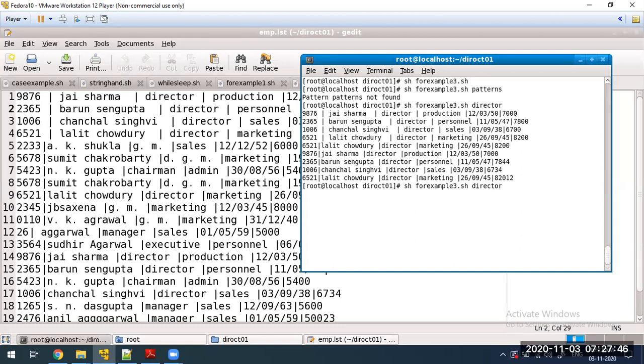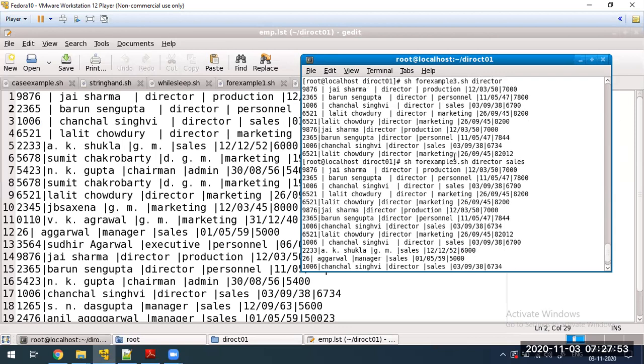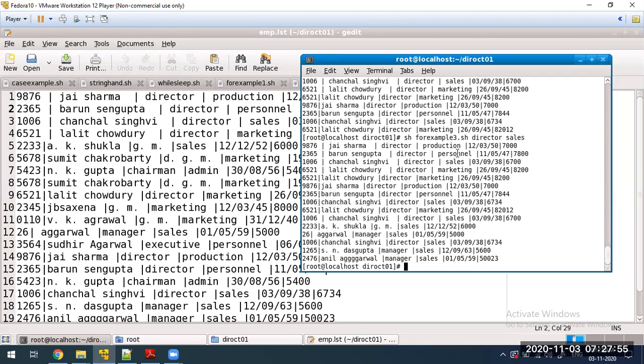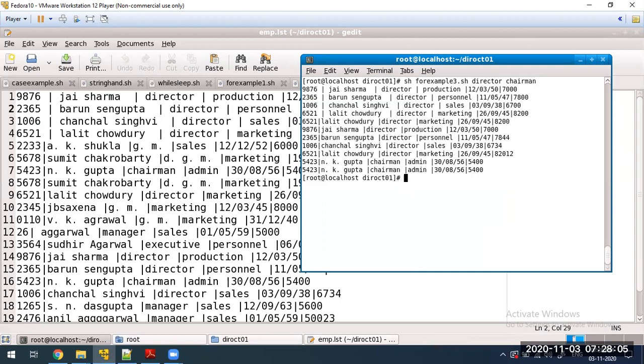Director and sales. See, if there are chairmen, if there are director, chairman, it will print the directors and also the chairman.